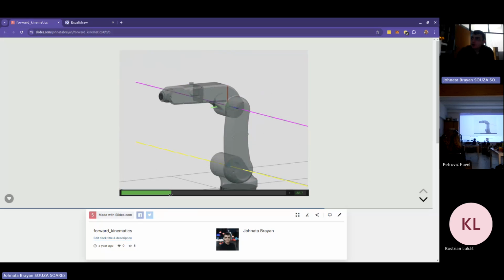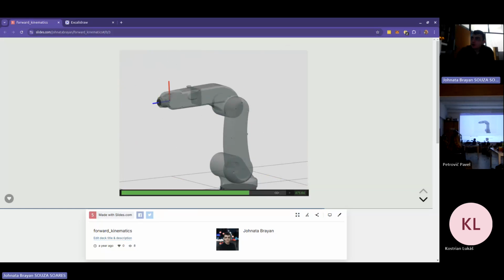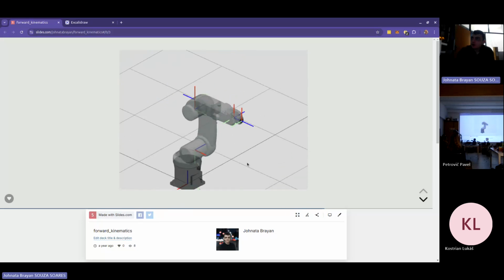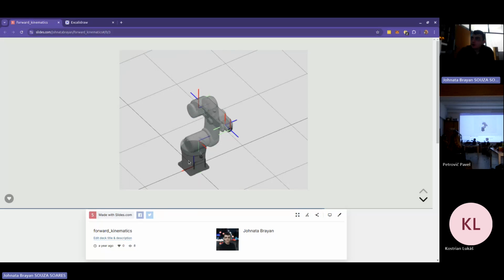And I'm not going to keep doing that. It's quite boring, I know. But if we do that throughout the whole robot, following this algorithm, and go until the end, we have all of the Denavit-Hartenberg reference frames. And you can think to yourself, great, how do I get the forward kinematics from them? Well, when you follow this algorithm,